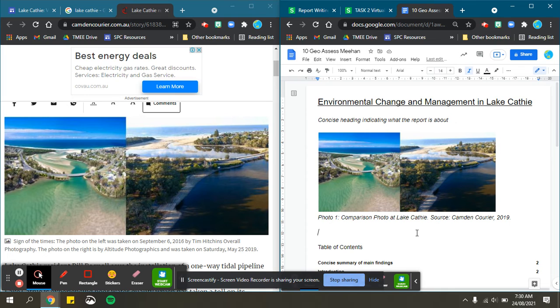So you might write something along the lines of, as can be seen in photo 1, the estuary does silt up and become non-tidal during the year. This results in the community needing to, or the council needing to drain the area. Okay, so that's a bit of a clunky sentence, but just to give you an example,